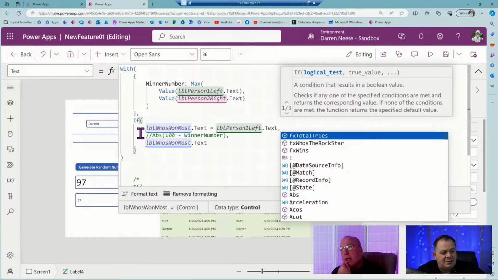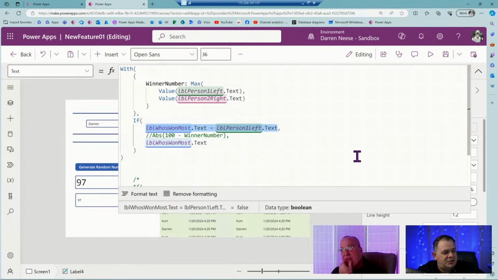I just got you there by doing this check right here. If whoever's won is on the left, that's who's won. The guy on the left. Yep, there it is. You're right. Thank you. So whose one is going to be, that's a text though. That's going to be the person's name, right? Yeah.